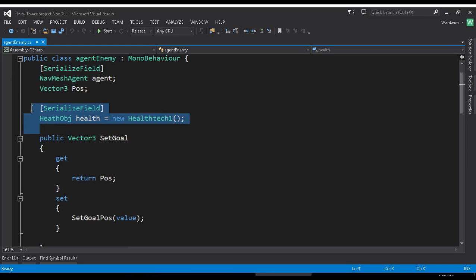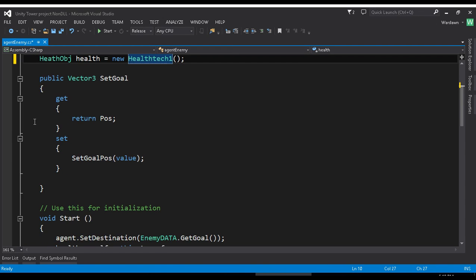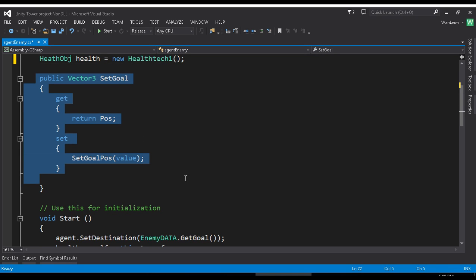This health thing right here, you could use any type of damage you want, but just to get them walking, you don't need this. If you want some other form of damage, you can just exit it out. But I use a class. Now I have a public set goal,